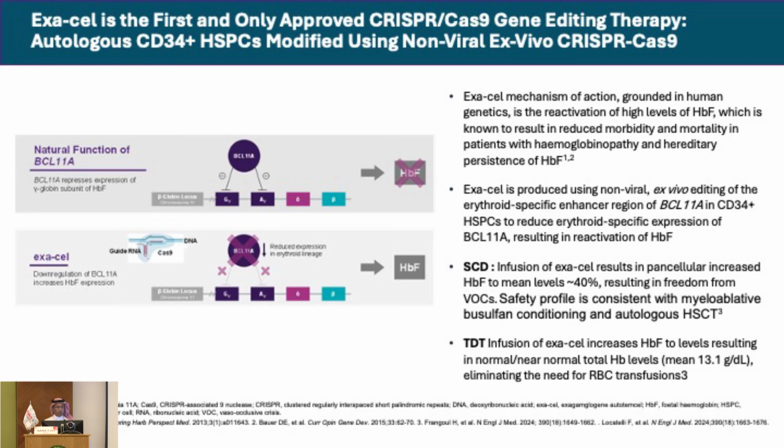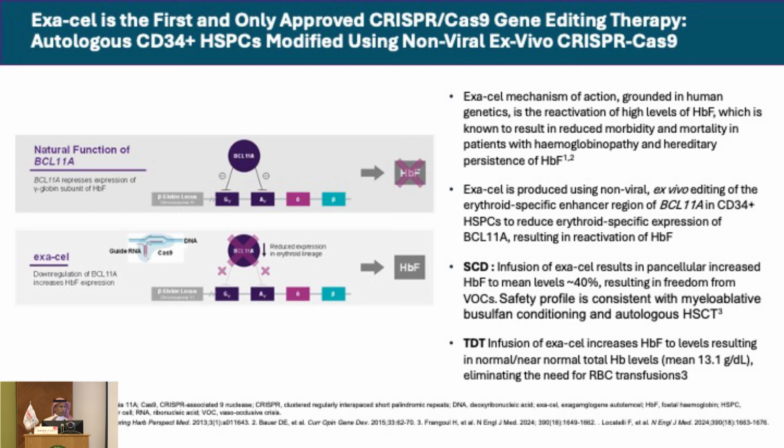Once this gene becomes active, hemoglobin F, or gamma globin, is no longer suppressed. So this technique disrupts the BCL11, as I showed you, and will allow higher levels of gamma globin and higher levels of hemoglobin F. What is the significance of high hemoglobin F? High hemoglobin F is protective, and with levels of more than 30 or 40,